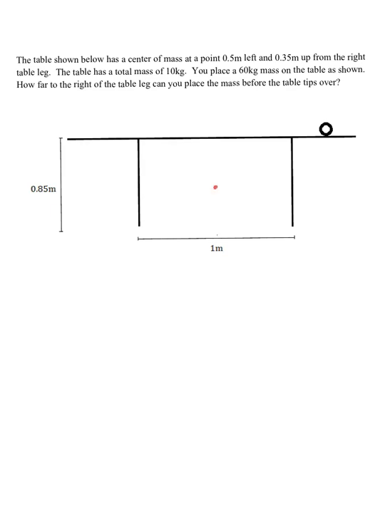I know that it is a distance of 0.5 meters here, and that this is a distance of 0.35 meters. So this is the center of mass for the table. We also have a 60 kilogram mass that is placed on the table. And the question is, how far to the right of the table leg can you place this mass before the